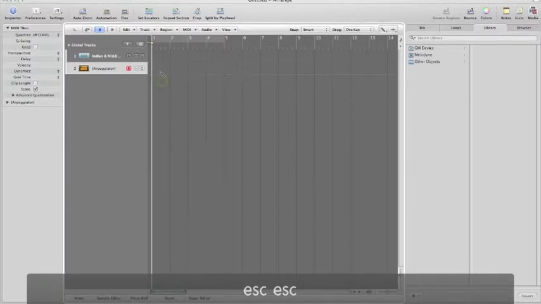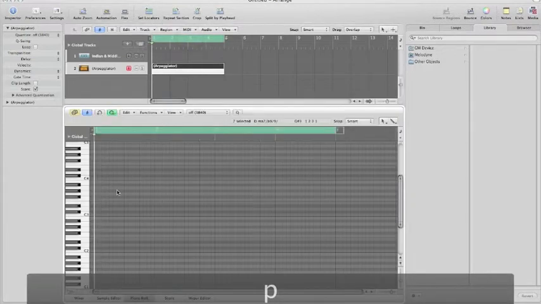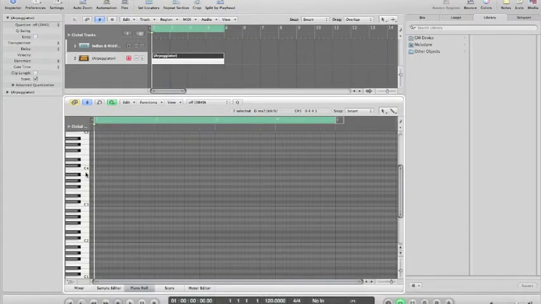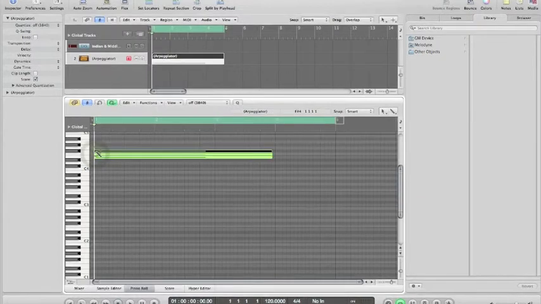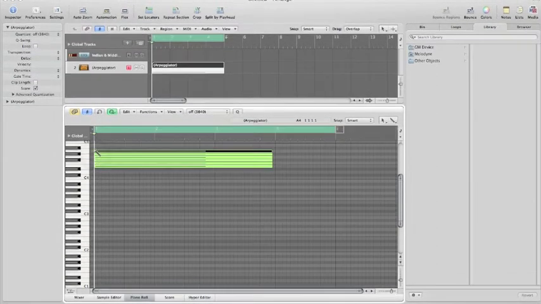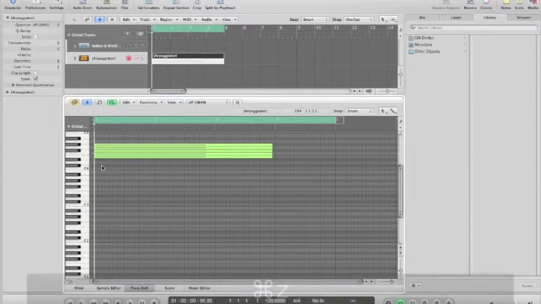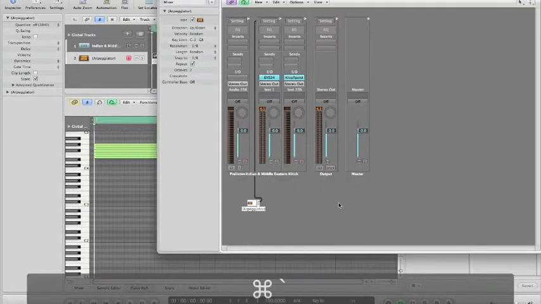So choose the pencil tool, create a blank region there, stretch it out, open the piano roll and enter in some notes. Maybe that one. Maybe not that one. So maybe just these 4 notes over here. So again, if I just hit play now,